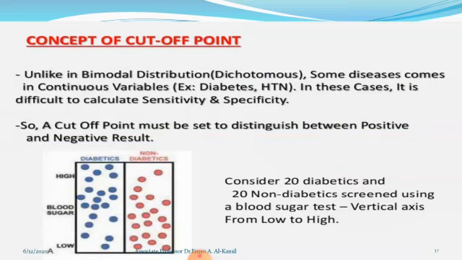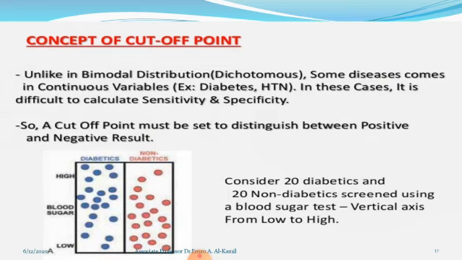The concept of cutoff point, as I mentioned, is unlike the bimodal or dichotomous data. Some diseases come as a continuous variable, as we mentioned, in diabetes, the glucose level or blood sugar, or hypertension, for example, if we measure the blood pressure,